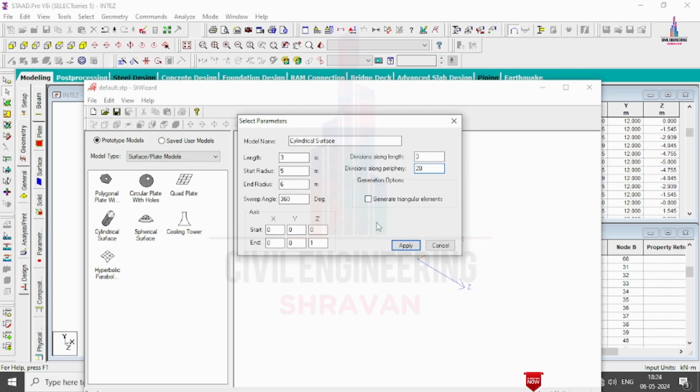Now we have to copy this particular section in the y direction with end value as 1. So for that, we have to select the z direction value as 0 and the y end value as 1 here. If you want to copy this particular dome section in the horizontal direction, you can select X. But in this case, according to my consideration, I need to copy this only in the y direction. That's why I selected 1 here. Click on the apply option.